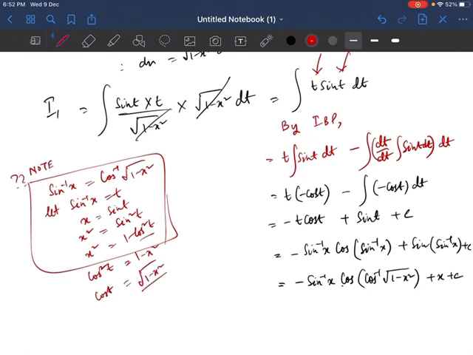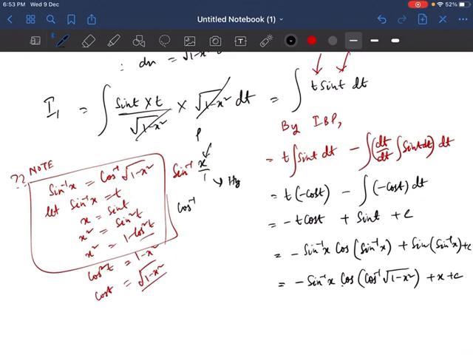Now that's one method. Now I can tell you one shortcut. You see it is sine inverse x. Sine basically means perpendicular by hypotenuse, right? So if you look at it another way, you can say this sine inverse x as sine inverse x by 1, where x is my perpendicular and hypotenuse is my 1. So I have to convert this sine inverse into cos inverse.